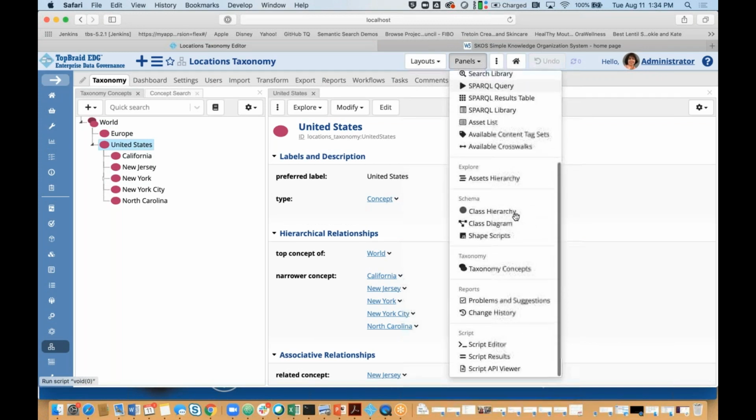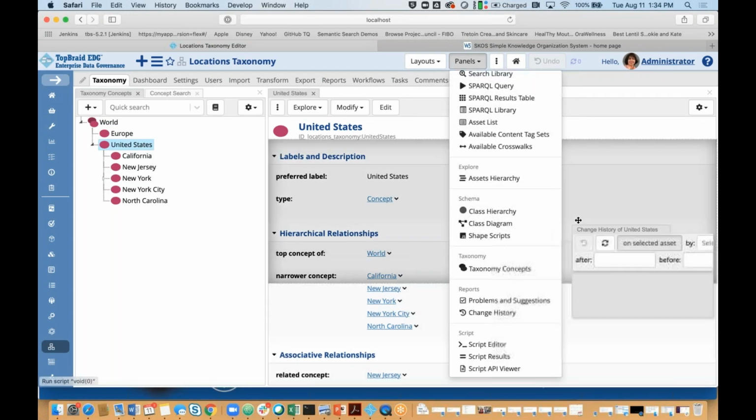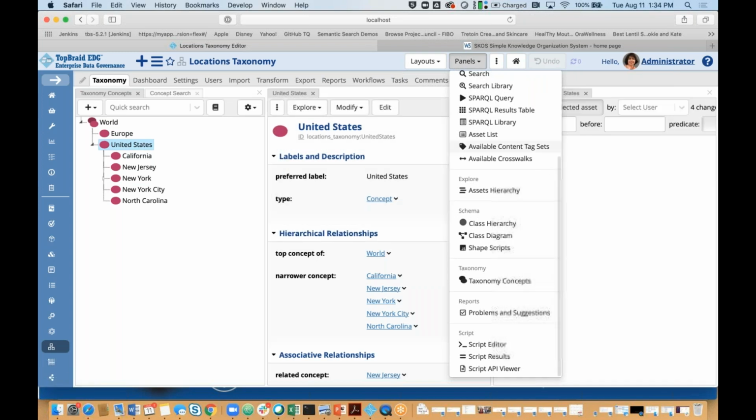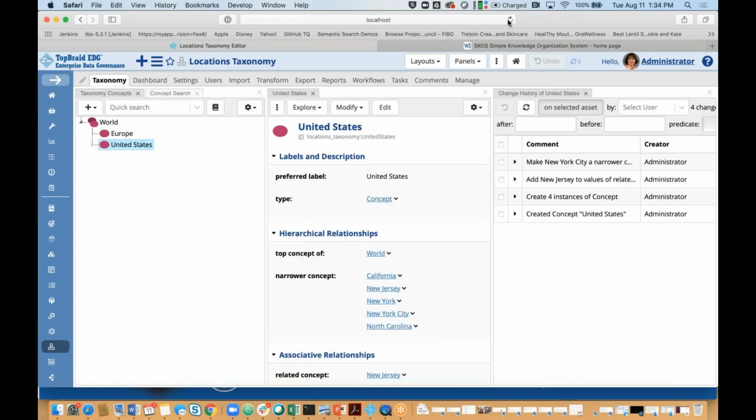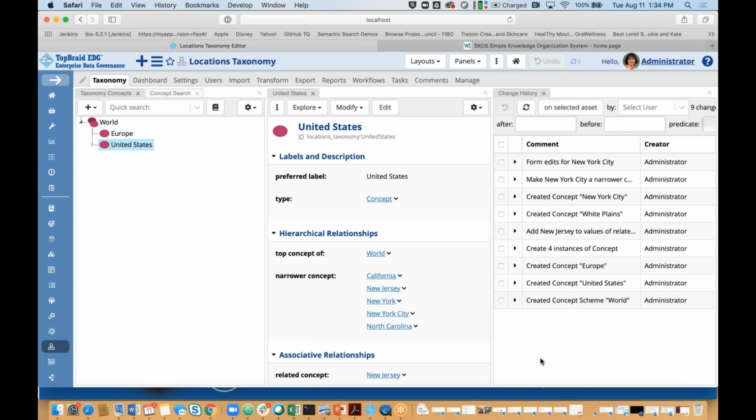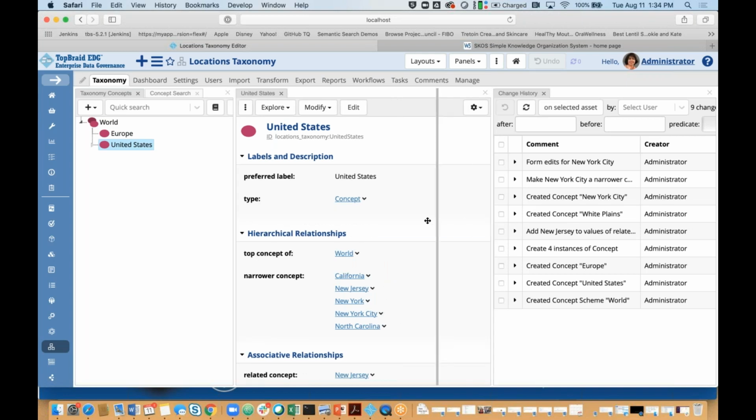I could bring in a change history panel that's available under panels and then reports. So let me place it here and I'm going to refresh. So we now see all the changes that were made to this taxonomy. I could filter those changes based on the date range when they were made, based on the user